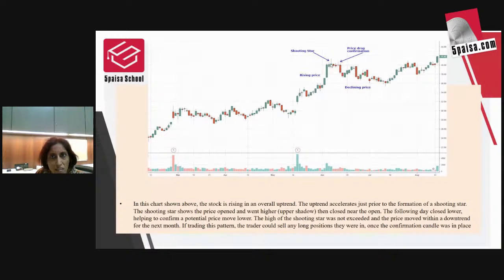And the shooting star, as you can see, the real body is very small, and it is towards the lower end, and very near to the lower wick. And you also get to witness a long upper shadow, which is almost twice or 2.5 times the real body, and that is where you get to sense that yes, this is a shooting star, and very likely if it is happening in the upward trend, it indicates that a trend reversal is likely to happen, which means a bearish market trend is